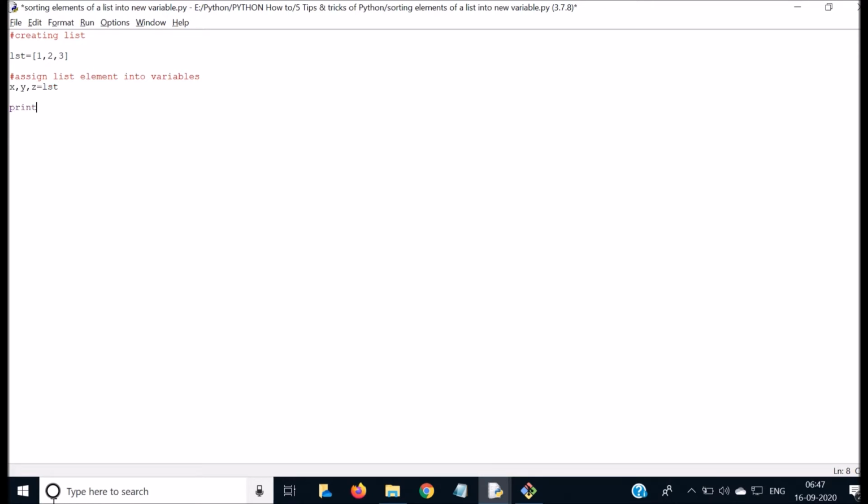Then we will print x, y, z, and let's see our output. Our output should be